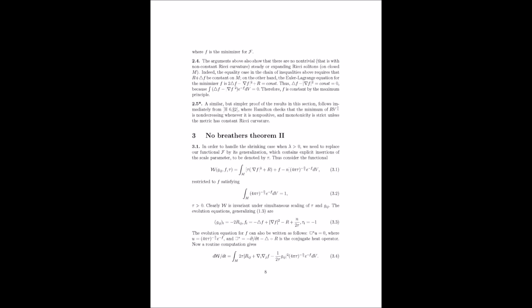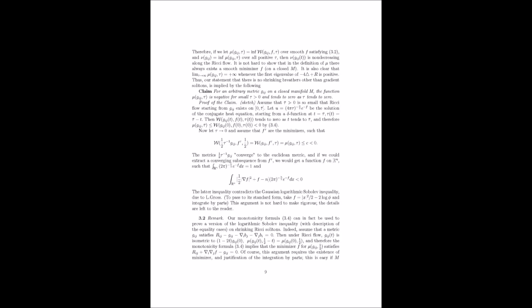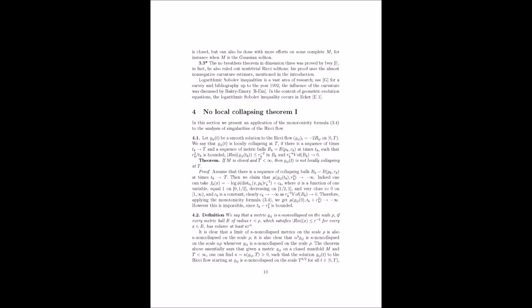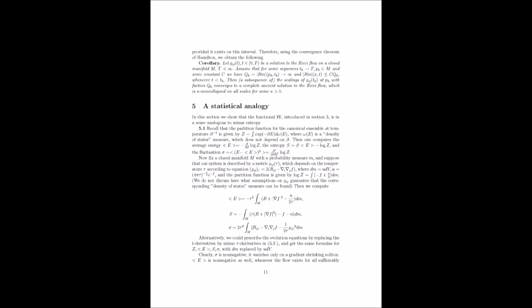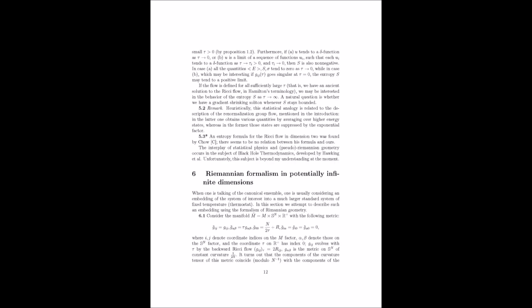So we're back to comparing things in our evolving geometry, but this time we're focusing on the solutions to the conjugate heat equation. What's so important about this differential Harnack inequality? Well, it has a few really important consequences. First, it actually gives us another way to prove that monotonicity formula for W, which gives us more insight into why this quantity is so important. Second, it leads to a beautiful characterization of Ricci flow based on how these, what we call fundamental solutions to the conjugate heat equation behave.